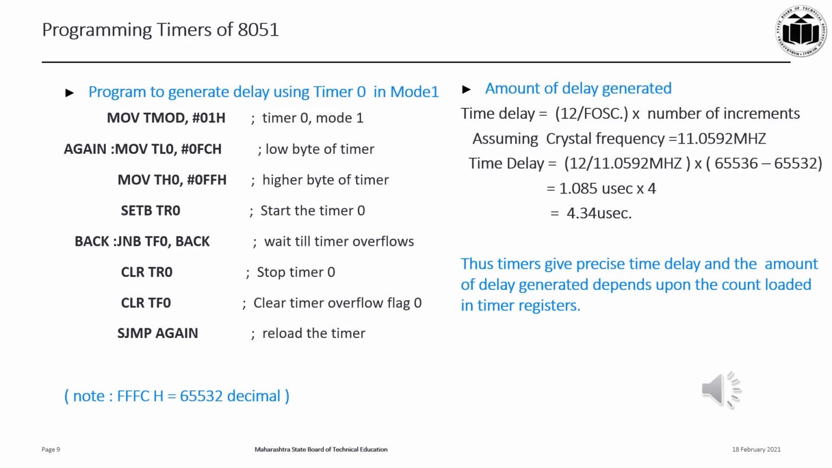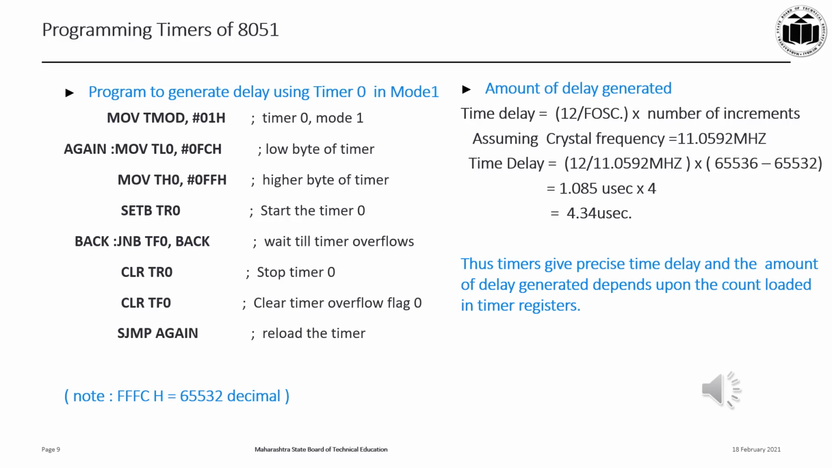Whenever the timer overflow occurs, the TF0 flag is set to 1, and on the next step, CLR TR0 bit stops timer 0, CLR TF0 bit clears the timer overflow flag, SJMP again reloads the count, and the whole process repeats again. If you note here, the initial count loaded in the timer registers is FFFCH, which in decimal form